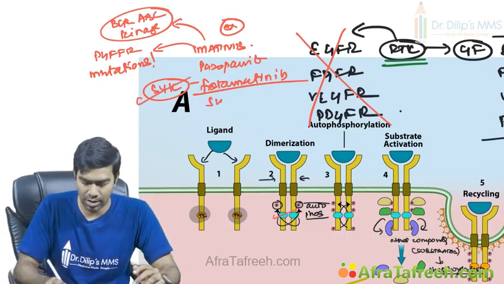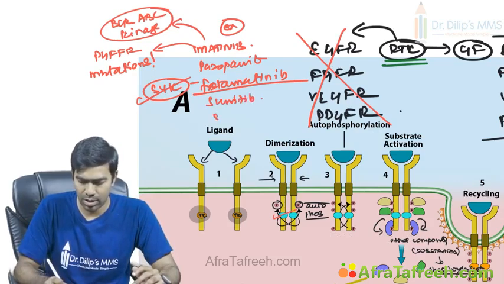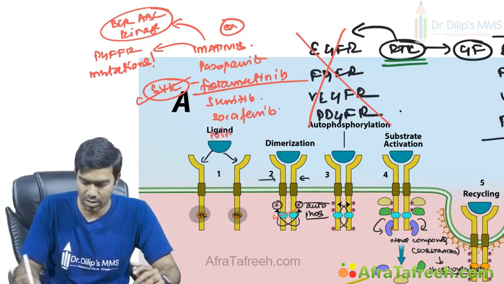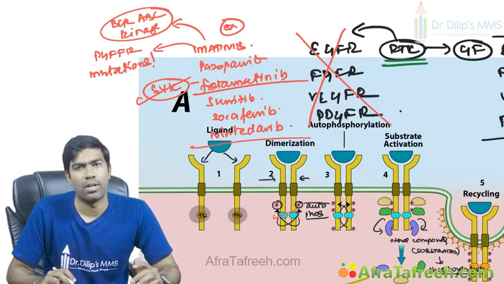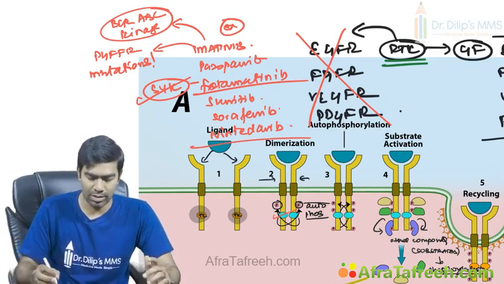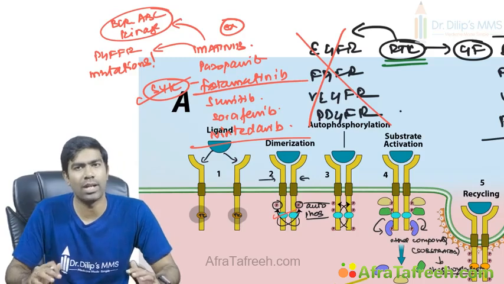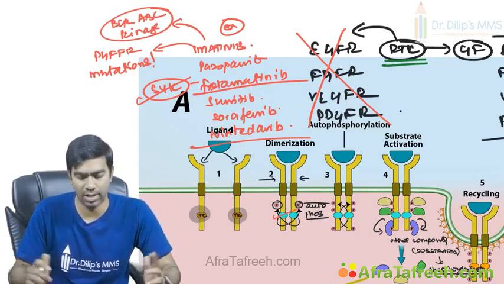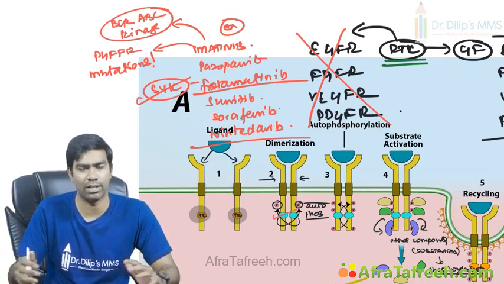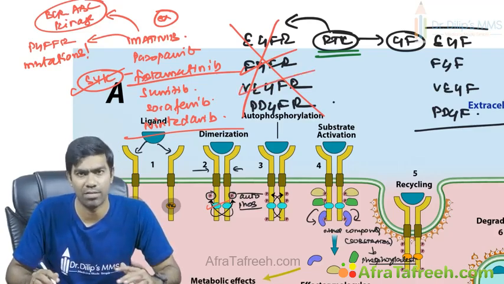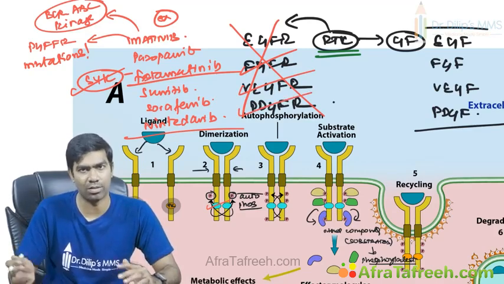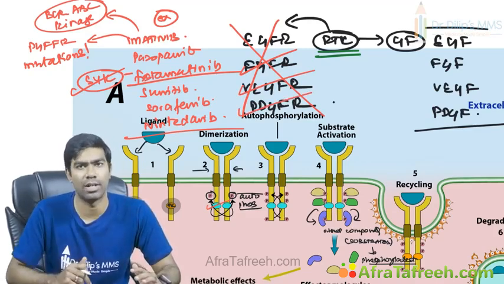Apart from that, a lot of other drugs are there. Sunitinib, then you have sorafenib, then you have nintedanib. Clear? So you have a lot of other tyrosine kinase inhibitors or receptor tyrosine kinase inhibitors. Remember, these tyrosine kinase inhibitors don't only have activity against one particular specific kinase, they have activity against multiple receptor tyrosine kinases. For example, they will be effective for FGFR, VEGFR, and PDGFR tyrosine kinase. So which means multiple receptor tyrosine kinases they can be effective for.